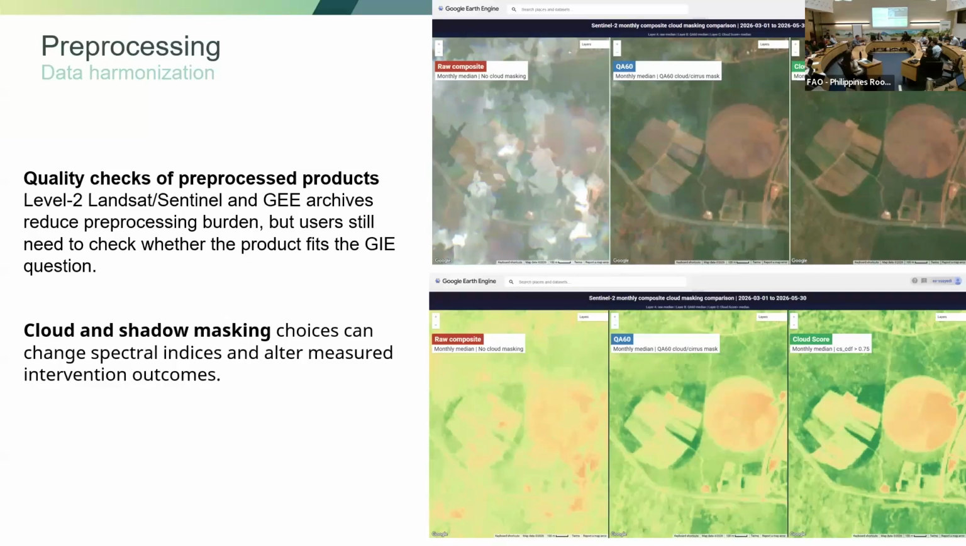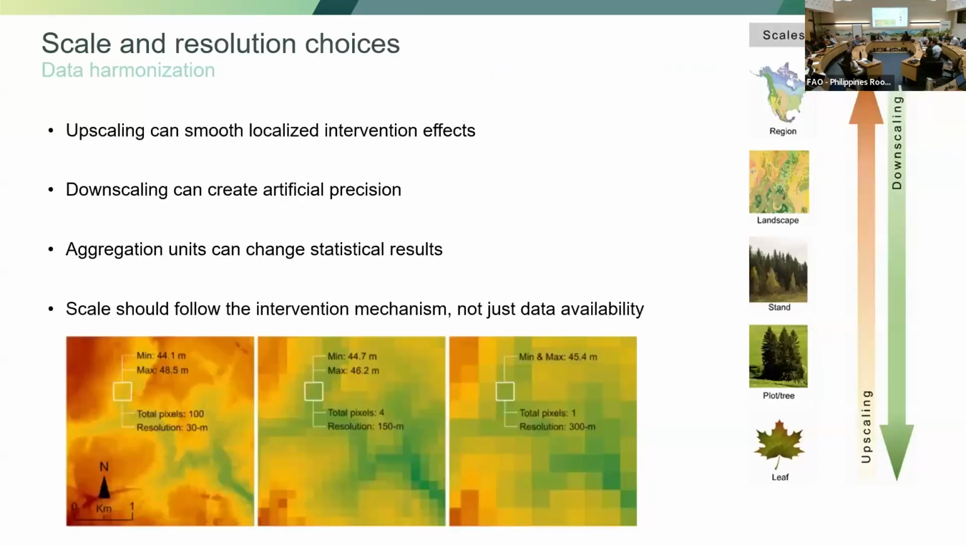So these are some of the things that we're encouraging the readers to think more carefully about before using these data sets. The next concept here is scale, which is one of the key analytical challenges in this field. The main idea is that the results can change depending on the spatial scale at which we conduct our